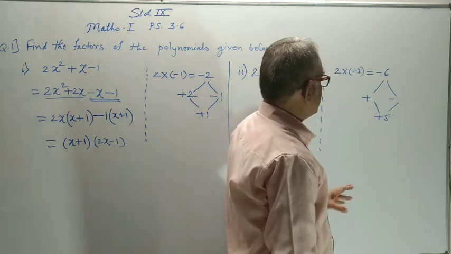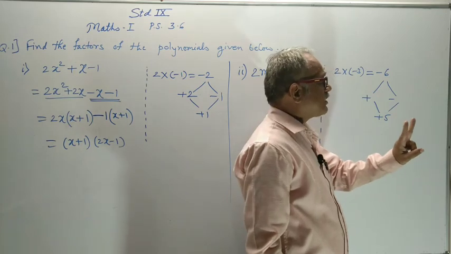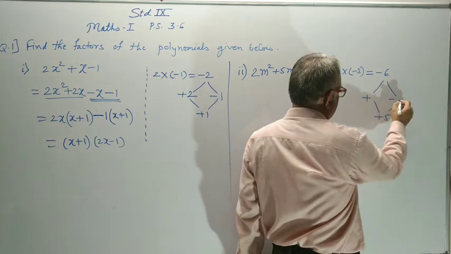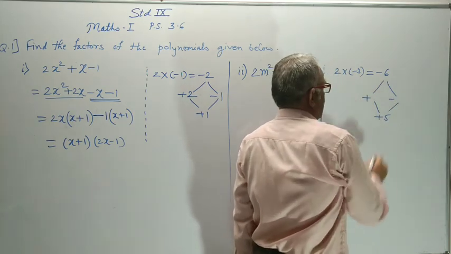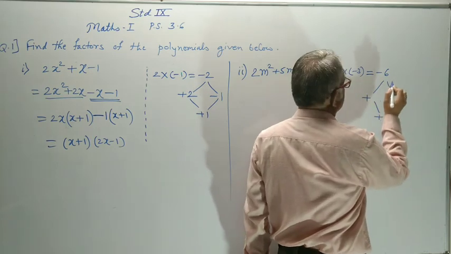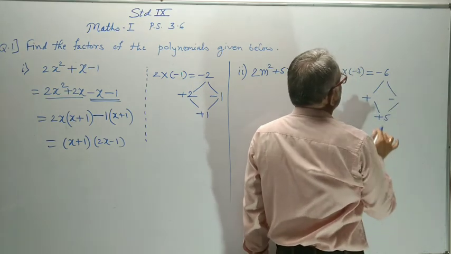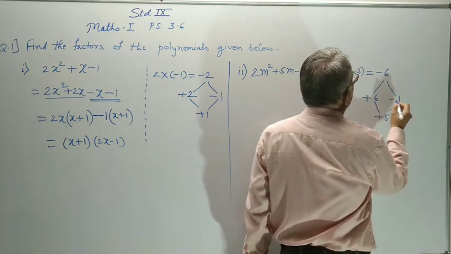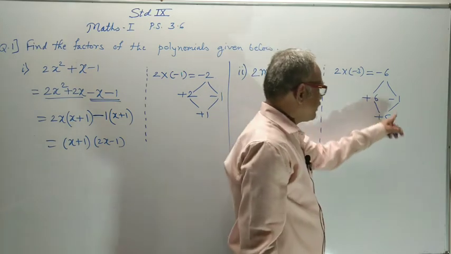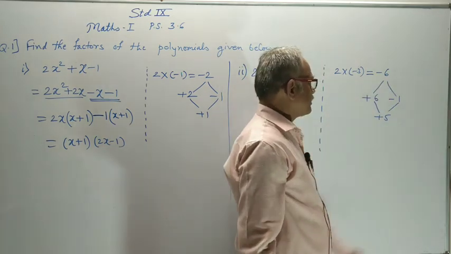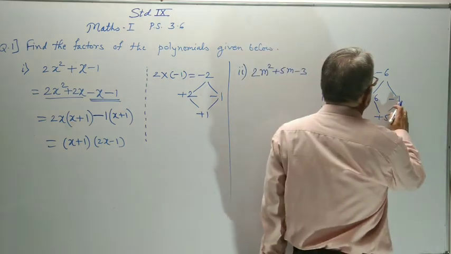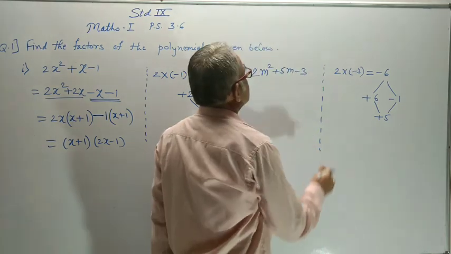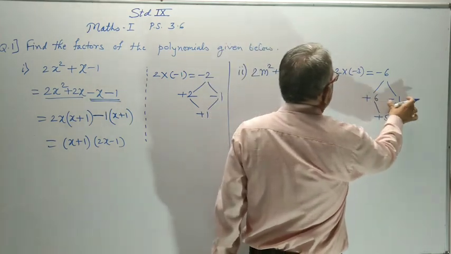We have to check. To get product 6, there are two factor pairs, 6 and 1, and 3 and 2. If you write 3 and 2, plus 3 minus 2 is not coming plus 5. And as we want the product negative, signs must be different; both cannot be given plus sign. So plus 3 minus 2 is not possible. What is possible? Plus 6 and minus 1. Plus 6 minus 1 is plus 5 and product is minus 6. So sometimes numbers are confusing. It looks like one factor pair but actually it is not. We have to split plus 5m as plus 6m minus 1m.